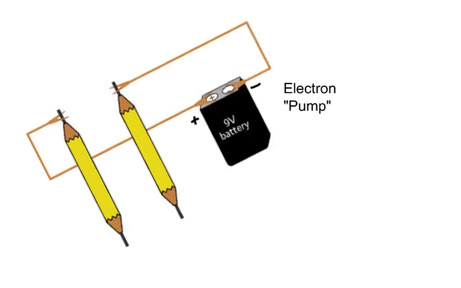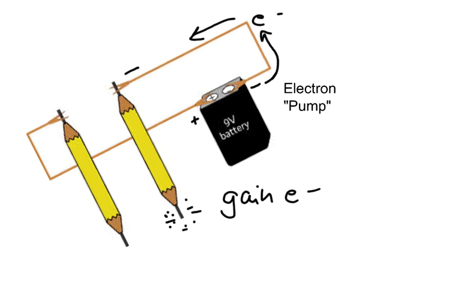Now, we had our pencil apparatus, and here's a schematic, and the idea here is that the negative side of the battery is going to pump electrons into our pencil. So this pencil here, the one that's connected to the negative side, is going to have all kinds of extra electrons on the tip where the battery has pumped electrons into it. So whoever's going to touch that negatively charged piece of graphite is going to gain electrons, and we know that if you gain electrons, Leo the lion says grr. If you gain electrons, that's reduction. So reduction is definitely going to occur